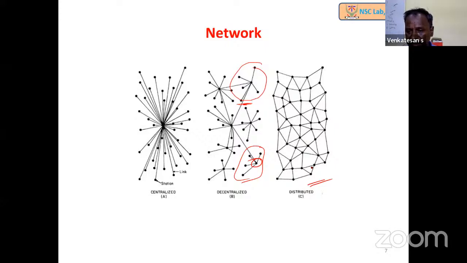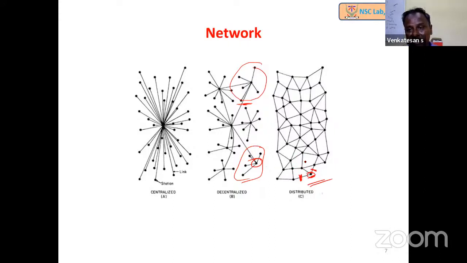In this particular distributed network, we cannot say that one will be connecting with all others. That is not possible in the entire worldwide network. So it is possible that we connect to our neighbors. For example, if this link is down, this particular node is in a position to connect with these two through these two nodes. Even if this is down, then this node is in a position to connect with the network through this node.